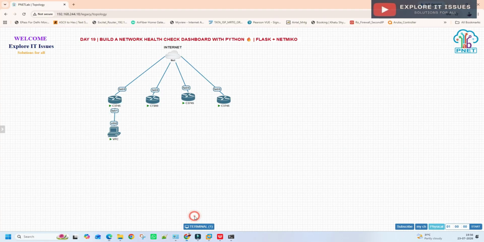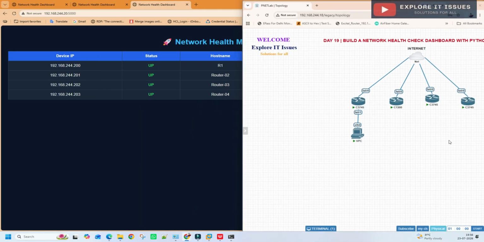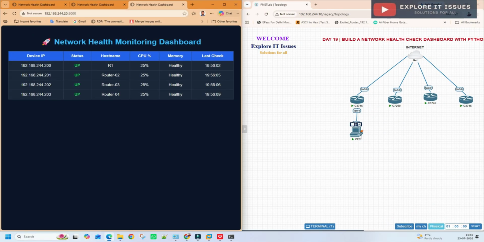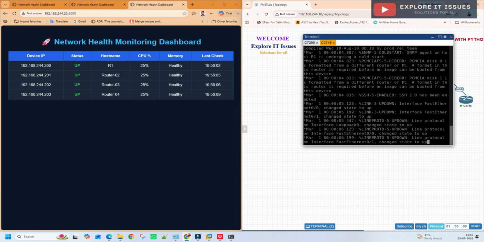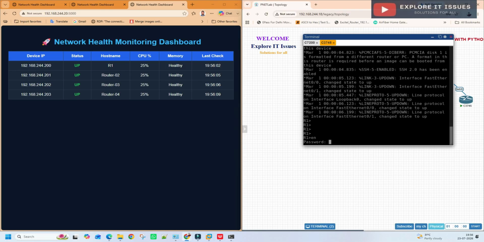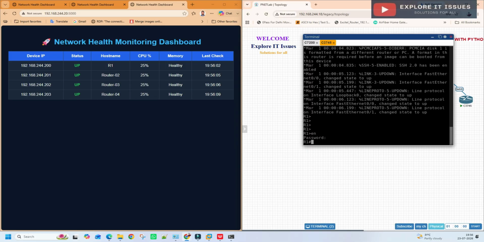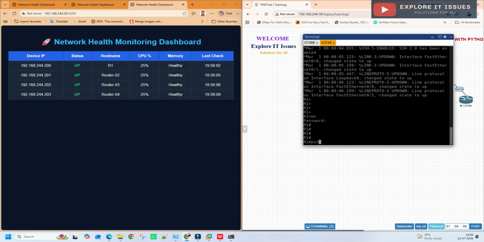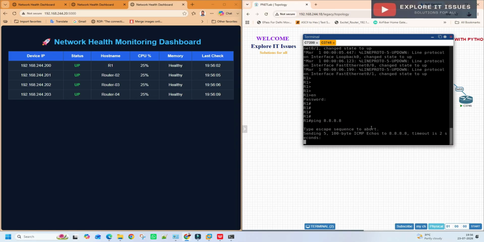First we need to go to the lab, and do some changes here, like let me check whether CPU utilization is increased or not. So ping 8.8.8.8 from here.